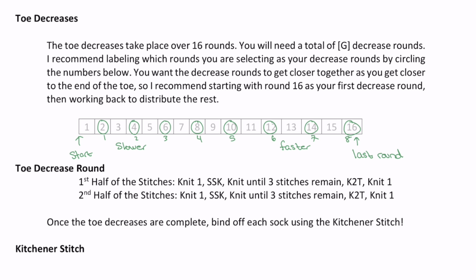But what if instead I had G was 9? Then what I would do instead is I would probably just add in another decrease round there at the end on round 15. That way, right, they start out slower every other round, and then they become faster where it's every round towards the end. If my G was, let's say, 7, then instead what I would do, I'd keep that over there